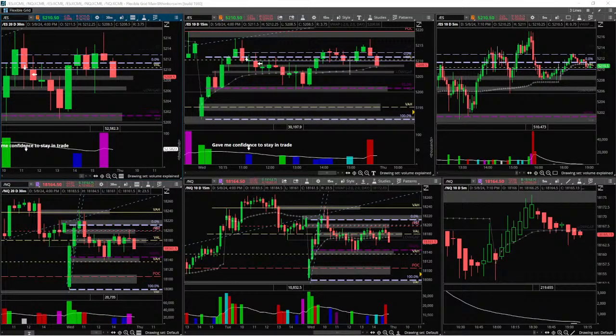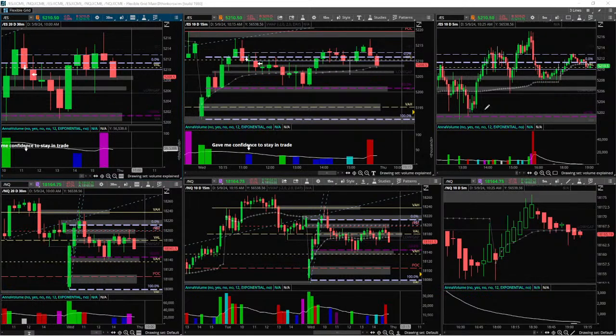Alright, so I'm gonna go over one trade that I took today. But first, let's go over three trades that I missed today. Two I missed while the markets were opening and open, when I was away from the computer. Keeping it short,